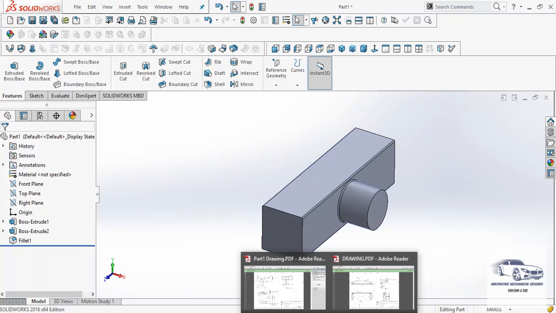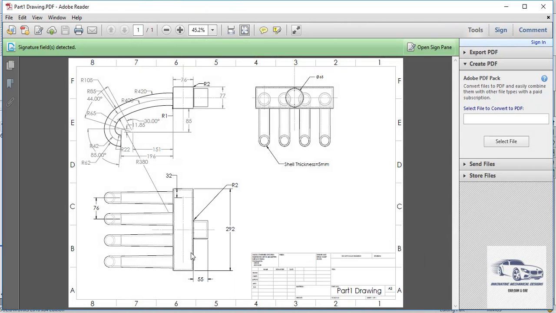Now next we have to create these contours. So this is basically a manifold part which can be seen in internal combustion engines, for example to exhaust the unused gases during the working cycle. Now to create these pipe types structure, if we take a look at this view, these pipes are offset at a distance of 32 from one of the edges.